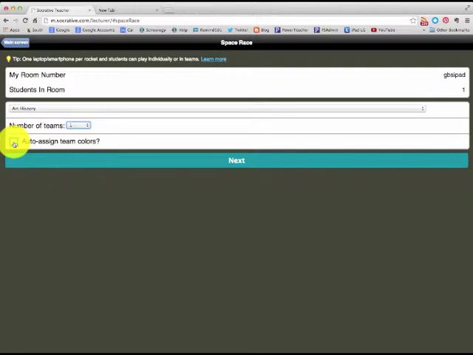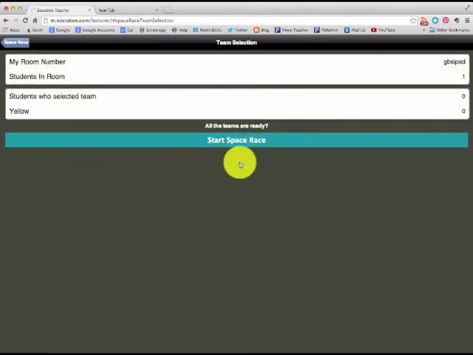Typically what most teachers do is assign the colors themselves because they already have kids in cooperative learning groups and they know what kids they want to work together. So you would need to tell the kids which color they would be. I only have one student in the room, so I'm just doing one team here. I would choose next, and then the student